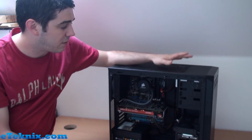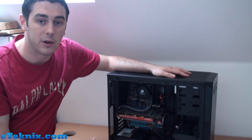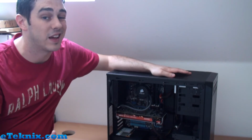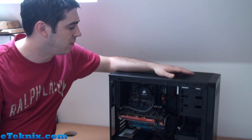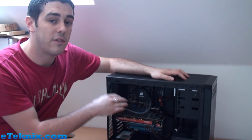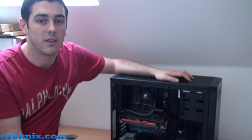But this particular system isn't aimed at people who are going to be doing photo editing. It isn't aimed at people like ourselves who are rendering videos like this one that we're recording now in 1080p. We're talking huge amounts of gigabytes of files. They're not going to be doing that, and that's where obviously an i7 comes in. So the i5 is the cheaper alternative, and it's still going to be fantastic at your day-to-day work